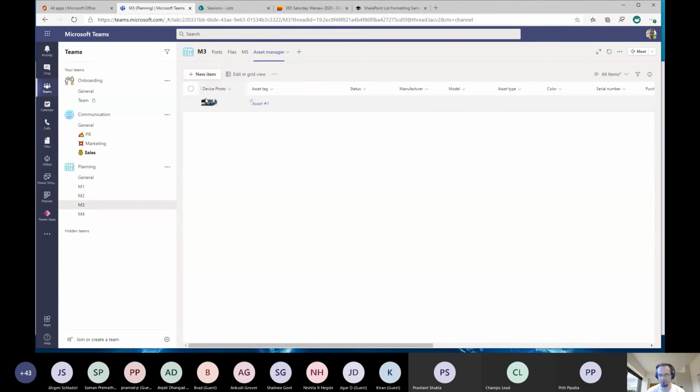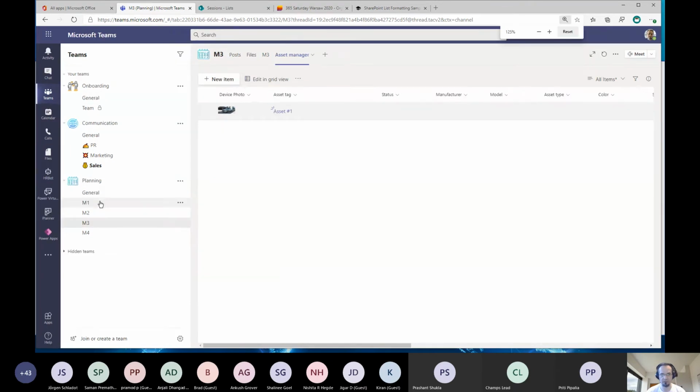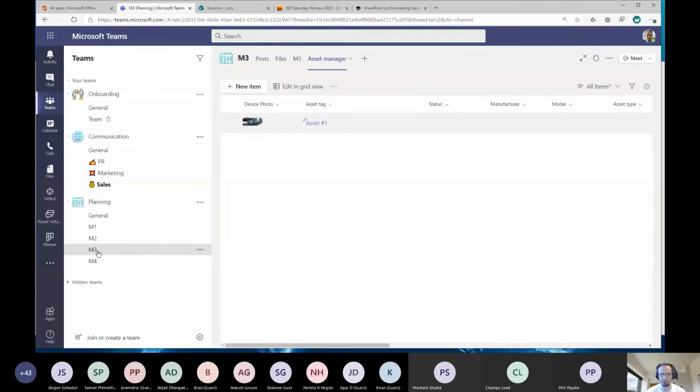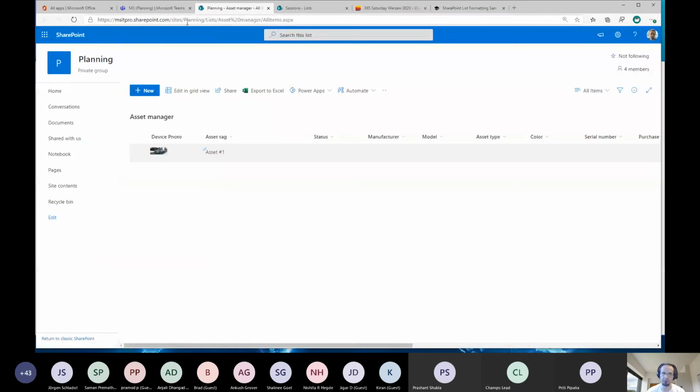And what's important, if I create a list inside, make it bigger, in this M3 channel, there's an option to open that list in SharePoint. So by default, each Microsoft list created in Teams will be saved in that specific team.